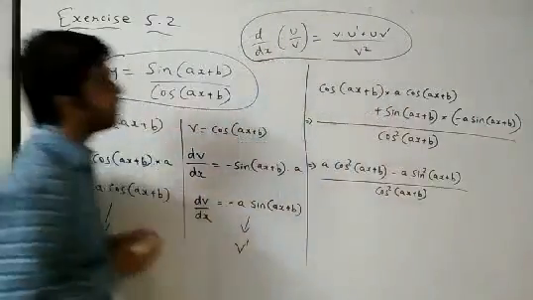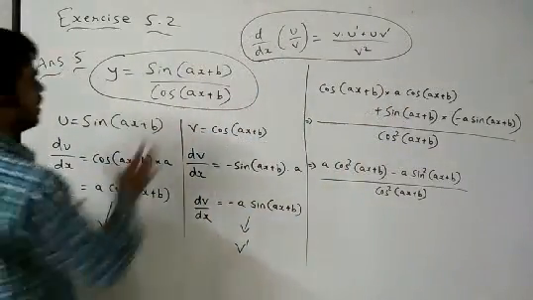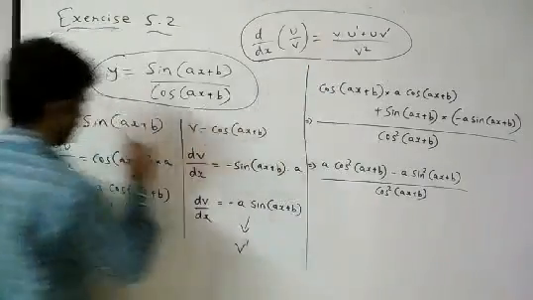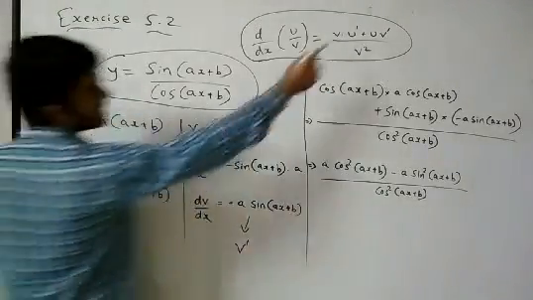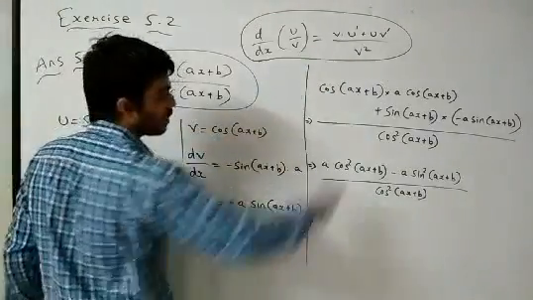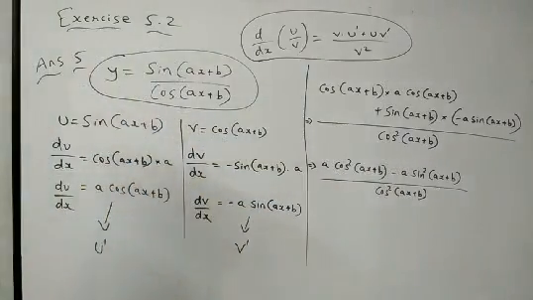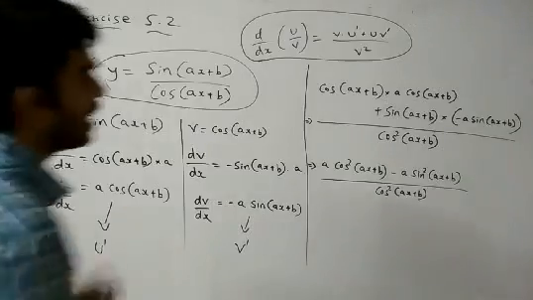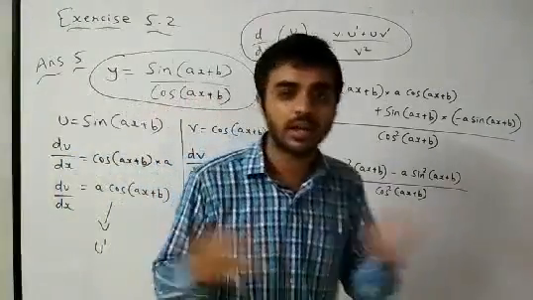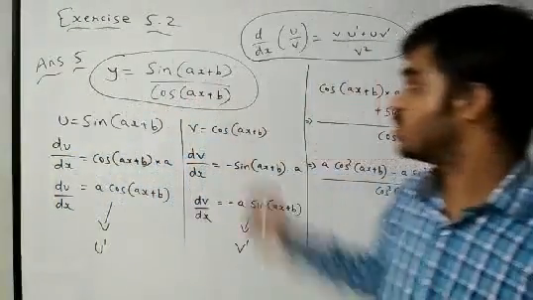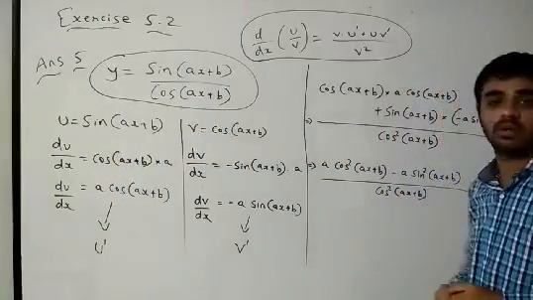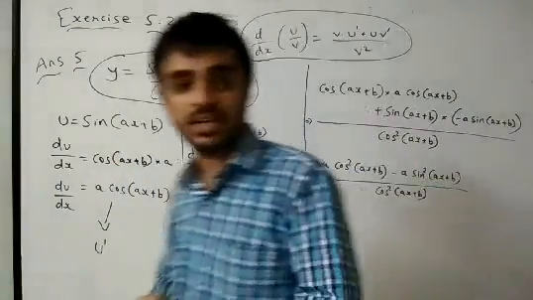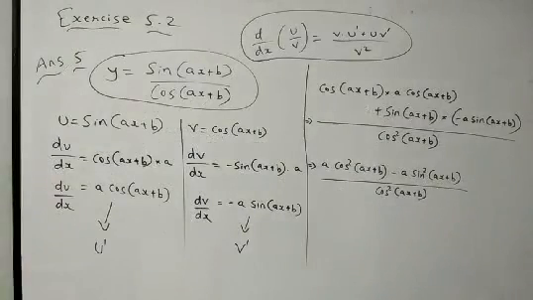Quotient rule is this. Now for quotient rule, what we have done? We have found out everything. U dash is over here. V dash is over here. Then we have kept the values. That is your answer. Right, so the main thing over here is that you must know the quotient rule and you must know how to keep the values and find the derivative. So this is your required answer 5. Clear? I hope answer 5 is clear with you. Now let us move on to answer 6. Right, answer 6 we will be solving.